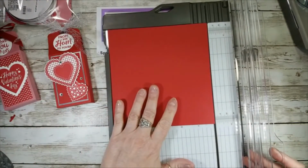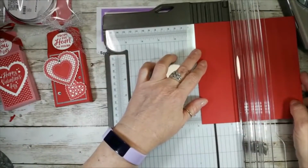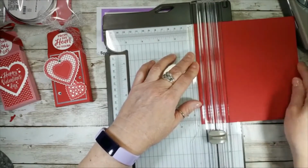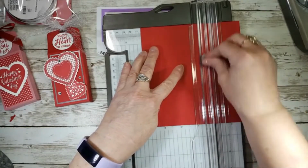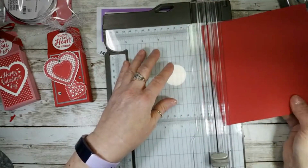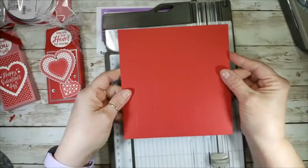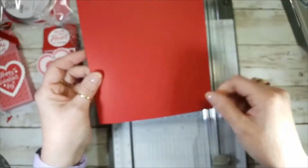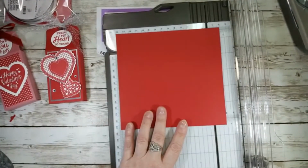So on the 6-inch side, we're going to first score at 3/4. Then we're going to slide our paper over and score at 4 inches. So that was at 3/4 and 4. If you're using the scoring board, just put it up in the corner. 3/4 and 4. Now you're going to turn it, and on the 6 1/4 inch side, we are going to